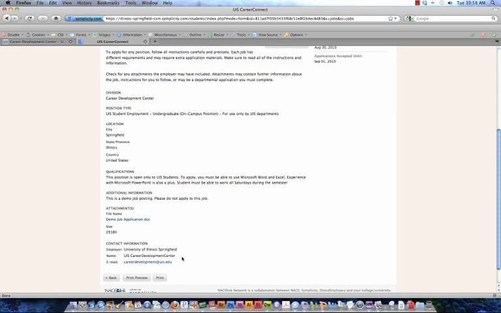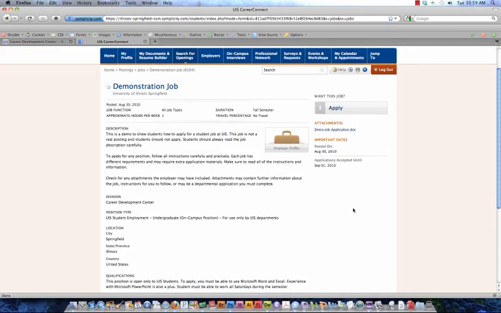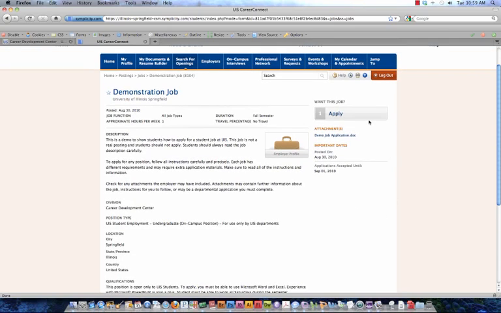Should you have any questions about the jobs or the application procedure for that job, you can contact the employer by using this information. When you are ready to apply, scroll back to the top of the posting and locate the gray or silver Apply button. If you do not see a gray or silver Apply button, read the information in this area of the screen